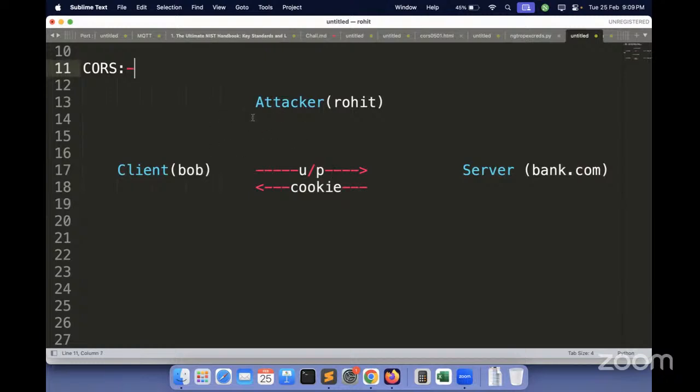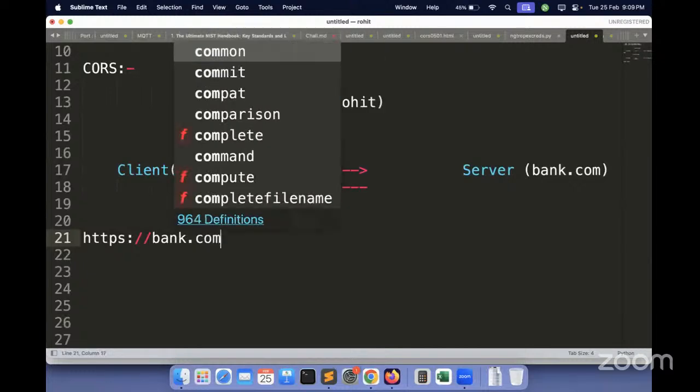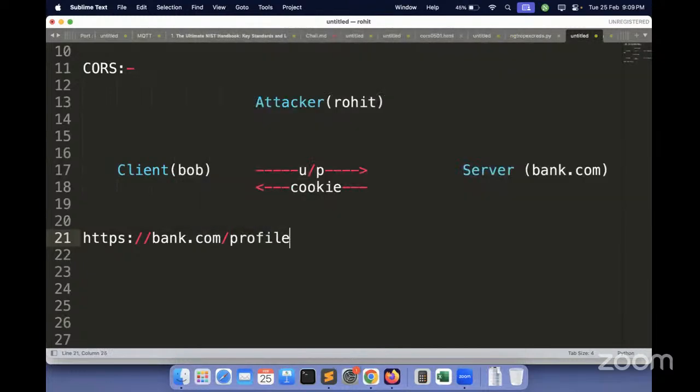Now, participants, let's see how this attack starts. The CORS attack, or cross-origin resource sharing attack, is a trust-based relationship attack between the server and the attacker. Here, the client is totally unaware of this attack happening on his or her account. So let us see how this would work. Let us assume that the client's URL bar contains a URL which looks like this when he is logged in, which is